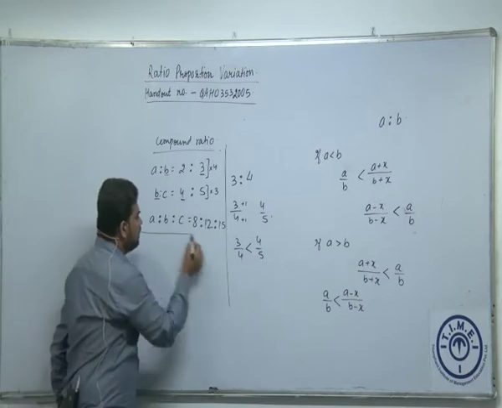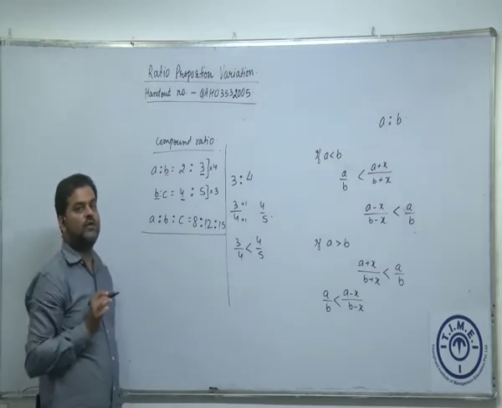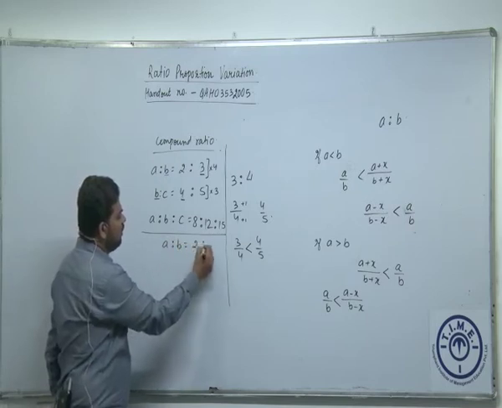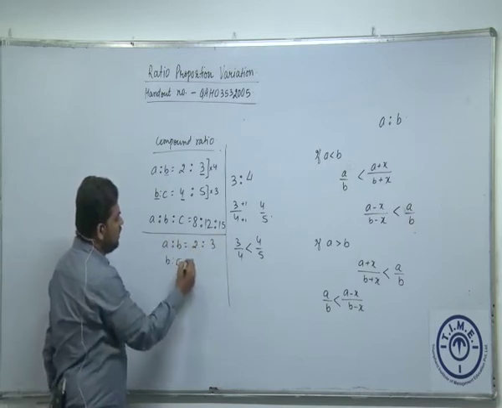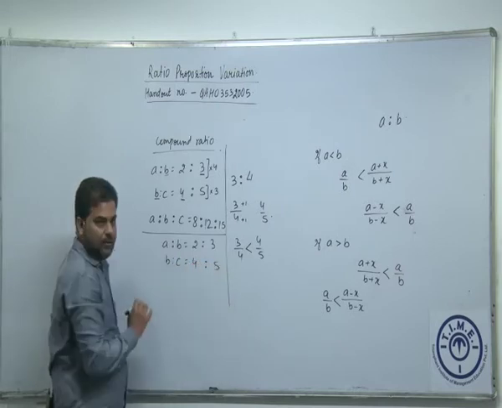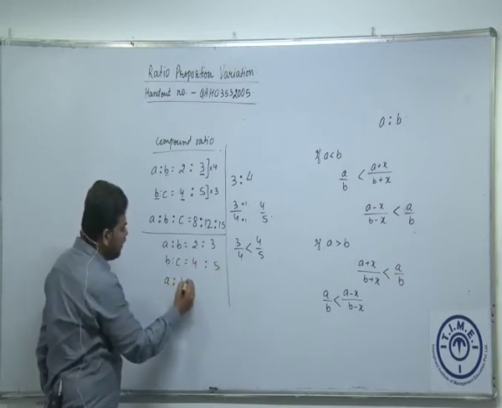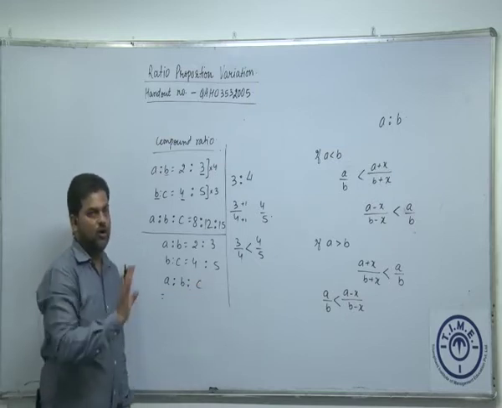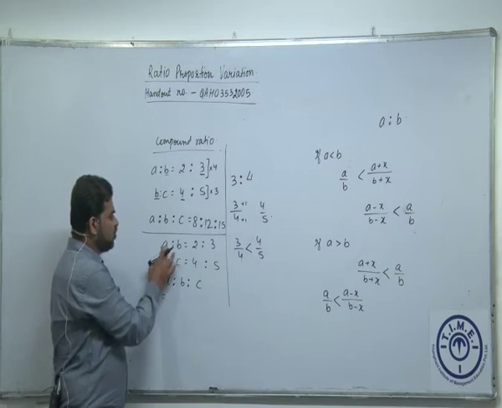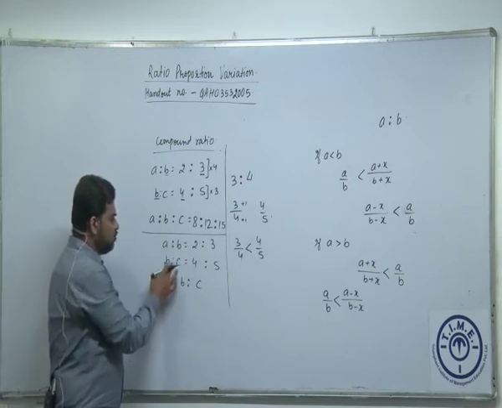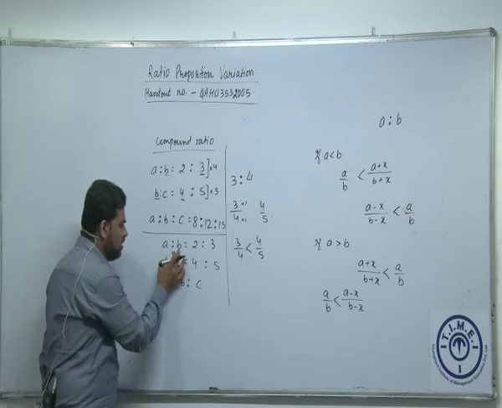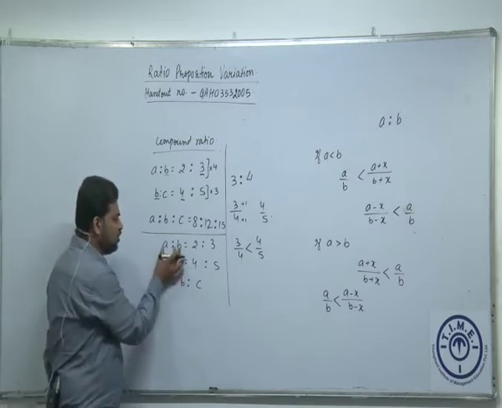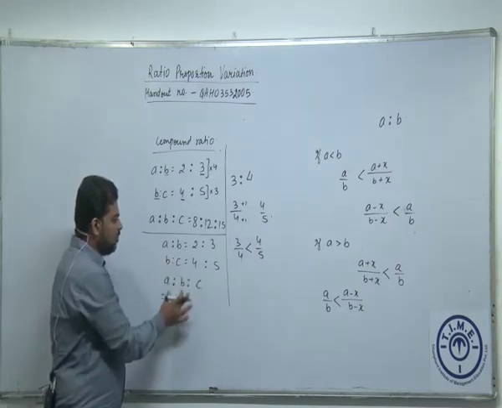Okay. There is a little trick involved if we want to do it the faster way. So I can simply say A is to B is 2 is to 3 and B is to C is 4 is to 5. So if I have to get the value of A is to B is to C, you just have to ensure that the ratios are written in continuation, which means if the first ratio is A is to B, the second one has to be B is to C. So B, this ends with B, this should start with B. Once you make sure that the ratios are in continuation, it is very simple to find A is to B